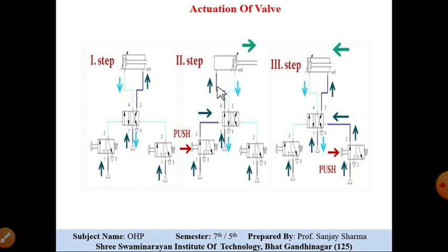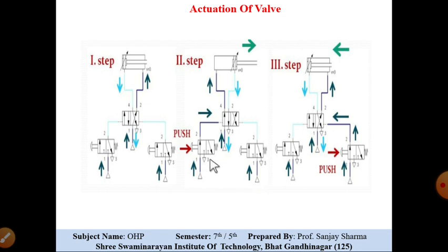So whatever the fluid is passing through this, it will go to this DCV valve, and this DC valve will exert a pressure on the actuator, and the actuator moves towards the right. It means the fluid is flowing, the dark green arrow you see, the fluid is flowing in this direction. Whatever the fluid was available here in step 1 is returning through this valve to this return port.